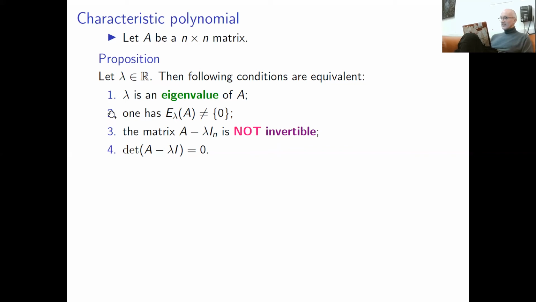If we want to see equivalence of 2 and 3 and 4, they immediately follow from a theorem given in the previous lecture about 10 equivalent conditions for a matrix to be invertible. So we know that this matrix is not invertible if and only if its kernel is not zero. So we get equivalence to condition 2. And another condition which we gave in the previous lectures, that a matrix is invertible if and only if its determinant is not zero. So we get equivalence of condition 3.